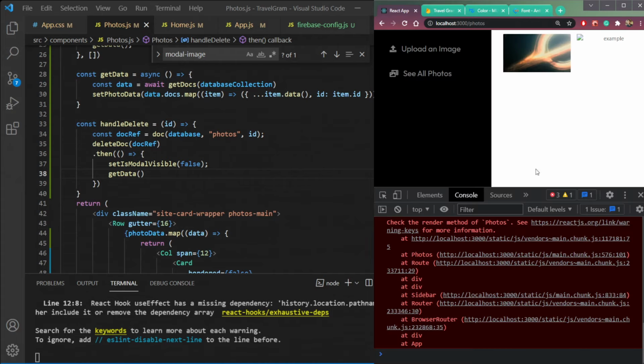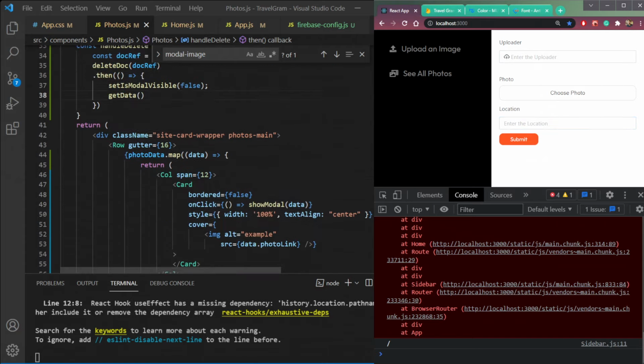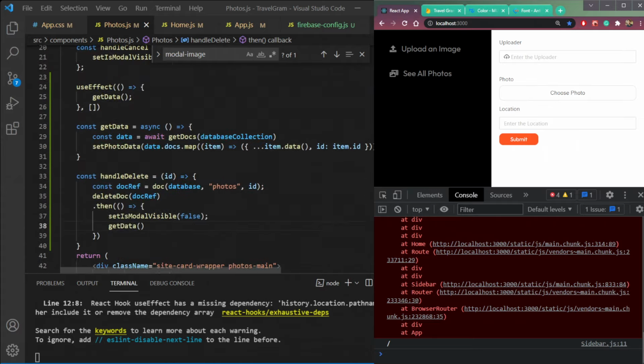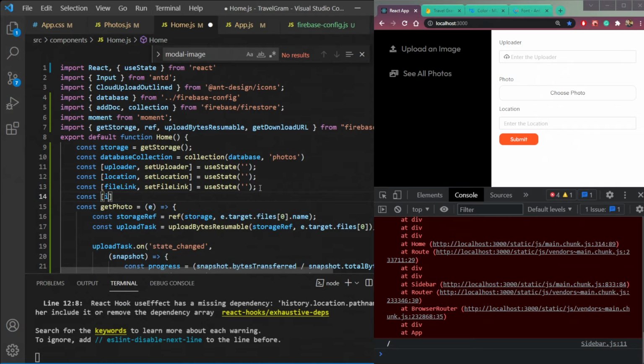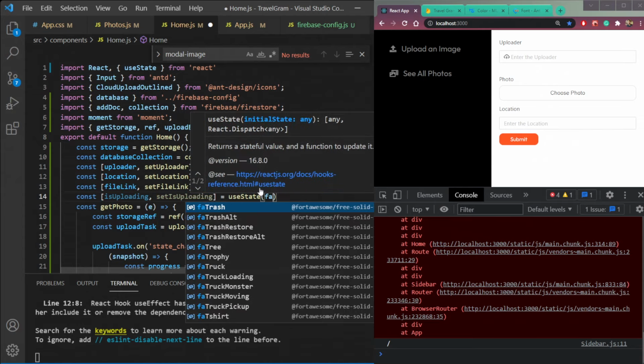We need to create one check. So first let's create one feature. So if the photos have been uploaded, only then the submit button will activate. Or if the photo is being uploaded, the submit button will be a loading button. So how to do that? So it's in the home page now. So enter the uploader. We need one state first, so let's create it. So const is uploading, set is uploading equal to use state, and it should be the boolean value false.